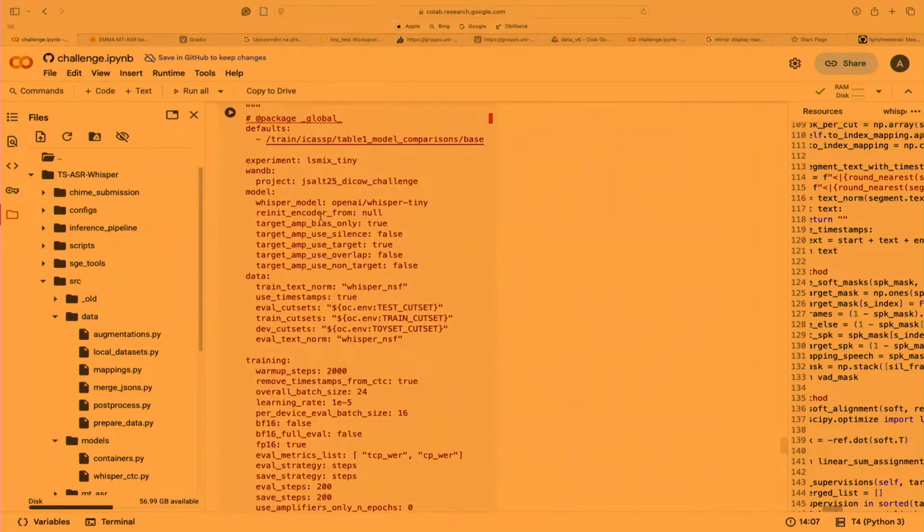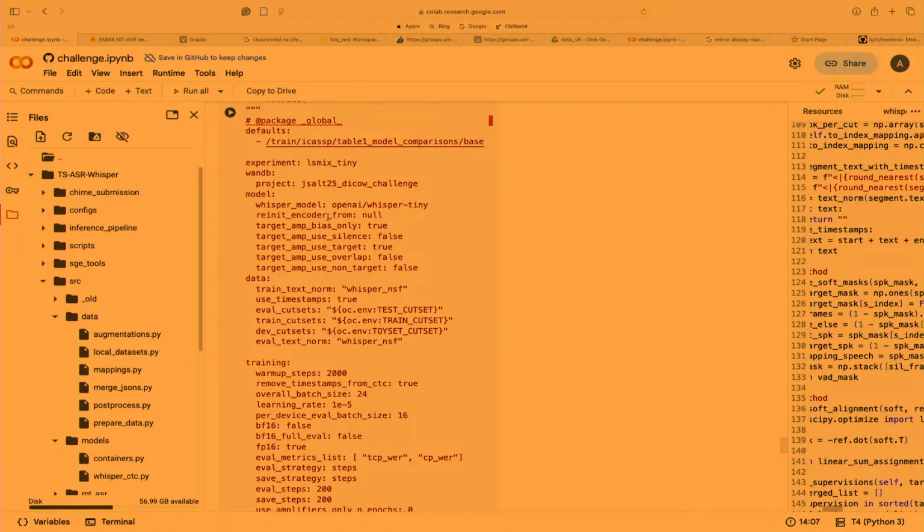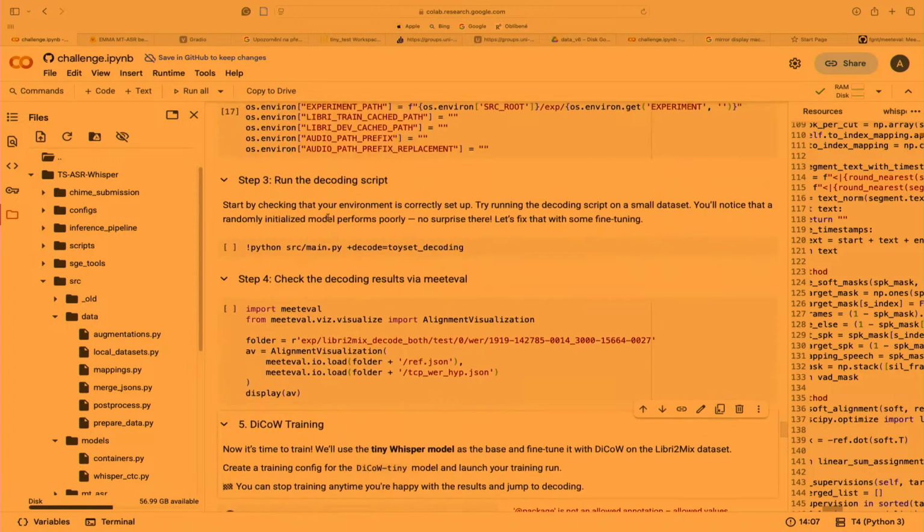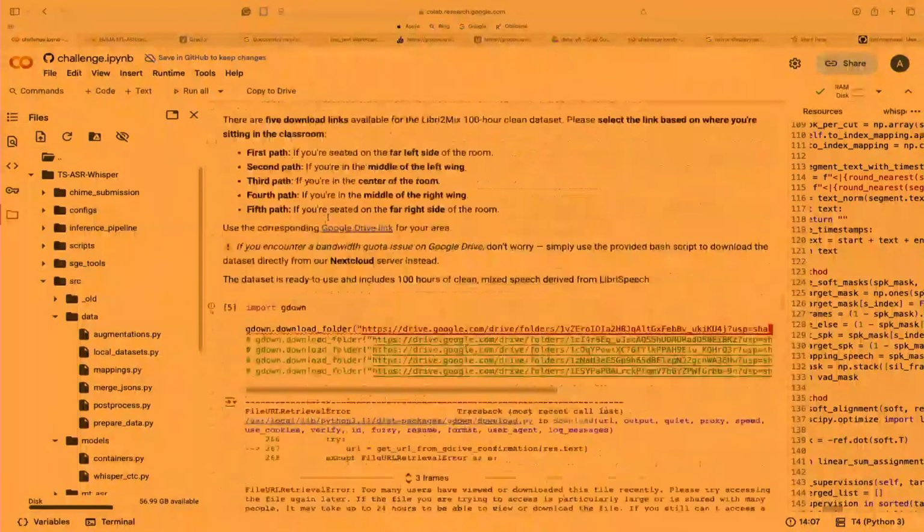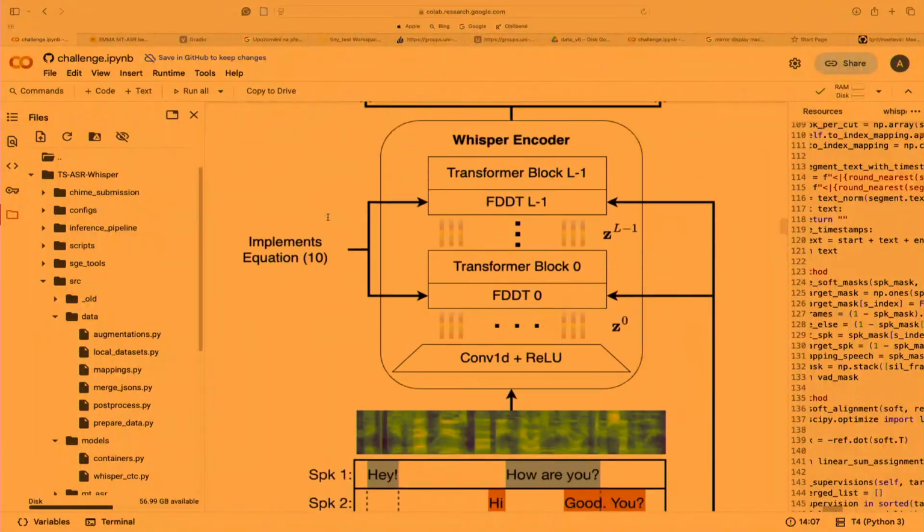So if you go here, there is this encoder from, which just says, I will not use the Whisper encoder itself, but I will replace it with something else. And the something else is the Whisper encoder that was pre-trained with the CTC objective. So if we go further back to the figure,